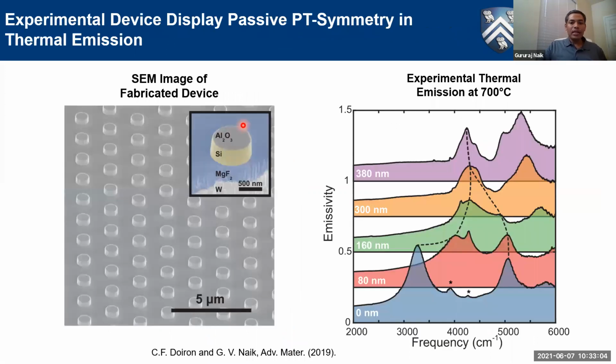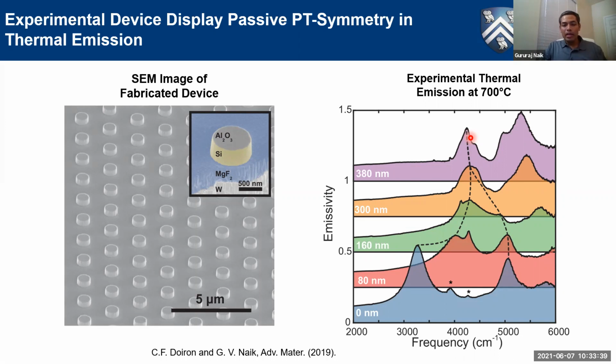After that, in experiments, we made samples with different magnesium fluoride spacer thickness. When we had 0 magnesium fluoride spacer thickness, that was the strongest coupling, and as we increased the spacer, the coupling reduced. In experiments, we saw that these two modes merge into one and eventually give out a single mode with a Q factor of about 40. And at this temperature, 700 degrees centigrade, a Q factor of 40 is so far the highest, and it's limited only by the losses in materials at high temperatures, especially silicon.